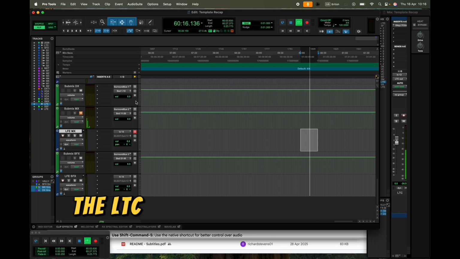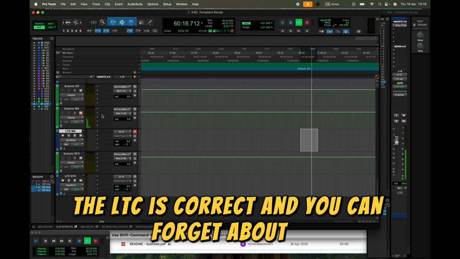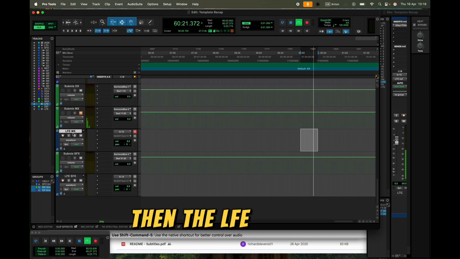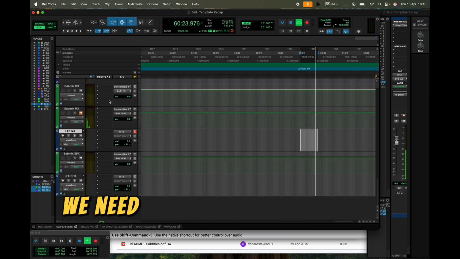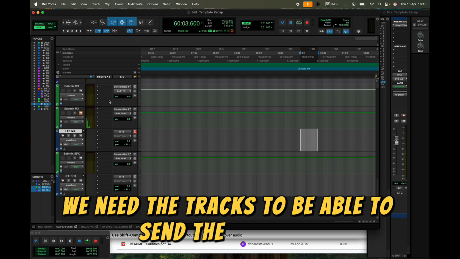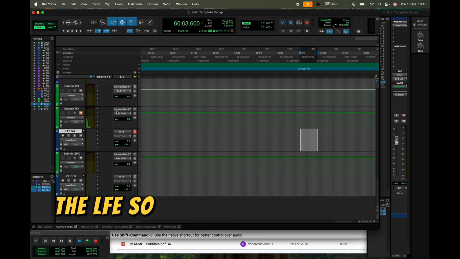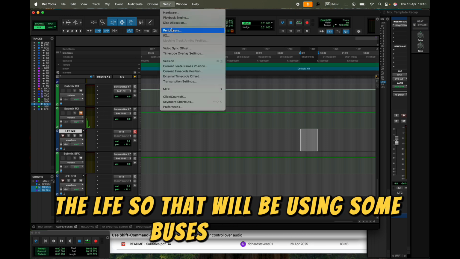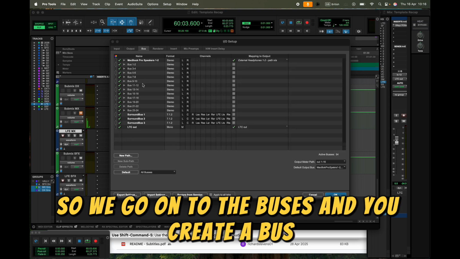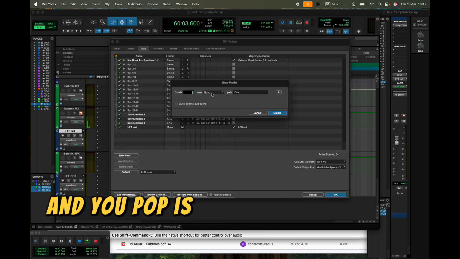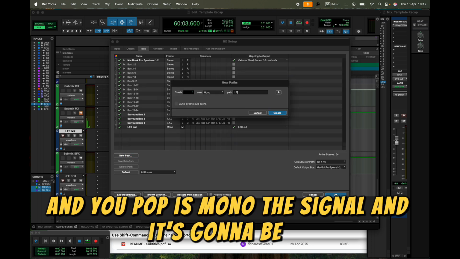Once we've done that, the LTC is correct, and you can forget about it. Then the LFE, instead, you can't forget about it. For the LFE, we need the tracks to be able to send the sound to the LFE. So that will be using some dedicated buses. So we go into the buses, and you create a bus, and new path is mono, the signal, and it's going to be LFE